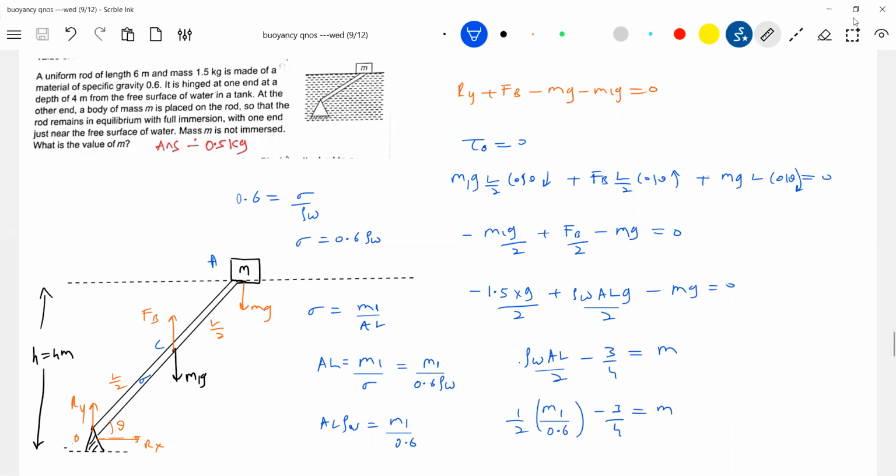So the center of buoyancy, are you getting it now? If the total rod is immersed, the center of buoyancy will be the center of gravity. If half of the rod is immersed, then the center of buoyancy will be at L by 4. So for a rod, we are able to tell. For differently shaped objects, center of buoyancy calculation again will be very difficult. It's not a part of the syllabus. That's why I just took only simple cases here. Now, after getting the value of m, substitute here, then you can